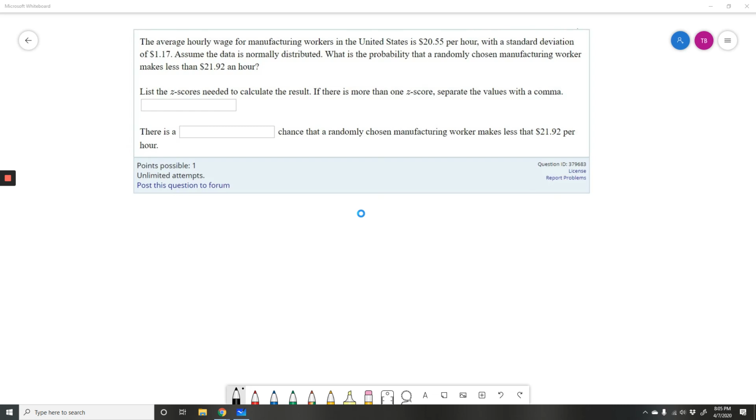The average hourly wage for manufacturing workers in the United States is $20.55 per hour, with a standard deviation of $1.17. Assuming the data is normally distributed, what is the probability that a randomly chosen manufacturing worker makes less than $21.92 an hour? So what we want to do here, this is a normal distribution, but it's not a standard normal distribution, okay? So we still have that lovely bell curve, but now the center, the mean, is 20.55 per